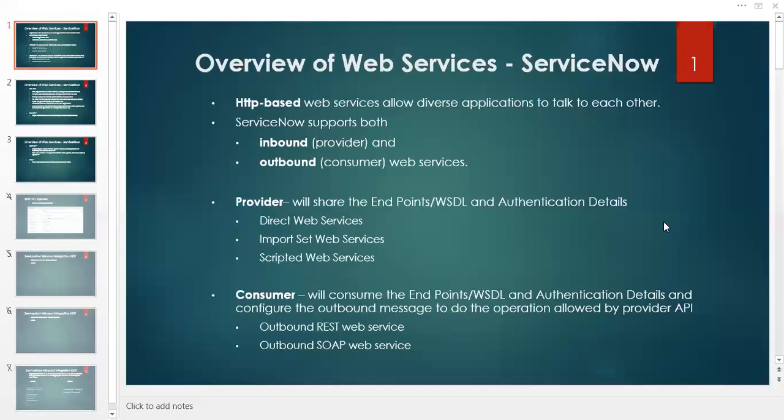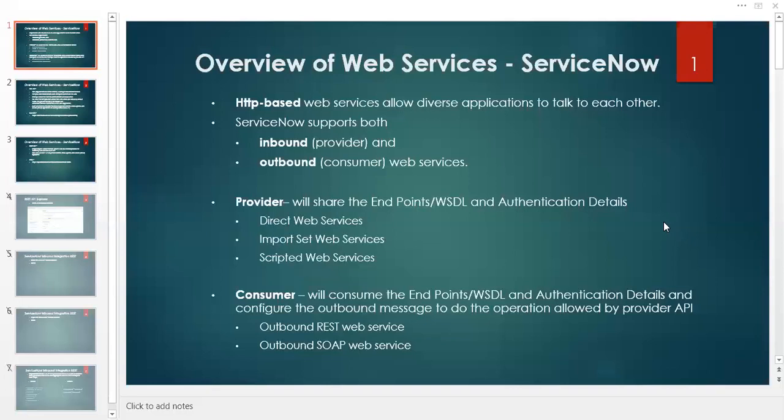Now coming to who will be provider and who will be consumer. If we are deciding on a one-way integration, like Jira will create the ticket as an incident, and there is no further communication from the ServiceNow incident to Jira, then it's a one-way communication. Jira has just sent the ticket, and no response is going back. Even when the incident is closed, it's not sending any update to Jira. So that is one way.